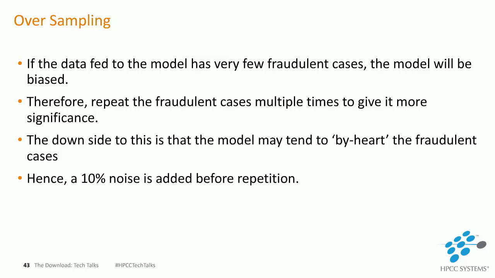Now oversampling. This is something very critical, a very critical step in the training of the model. Now, if you go back into the dataset, as I said, it has 284,000 and odd examples or samples. But in this, just 492 of these transactions are fraudulent. So that's the level of skew that we're dealing with here. It's a highly imbalanced dataset. So we need to tread very carefully. Even when pre-processing or training the model, or even for that matter, when we are evaluating the model, we have to keep in mind that there are an ocean of zeros and very few ones.